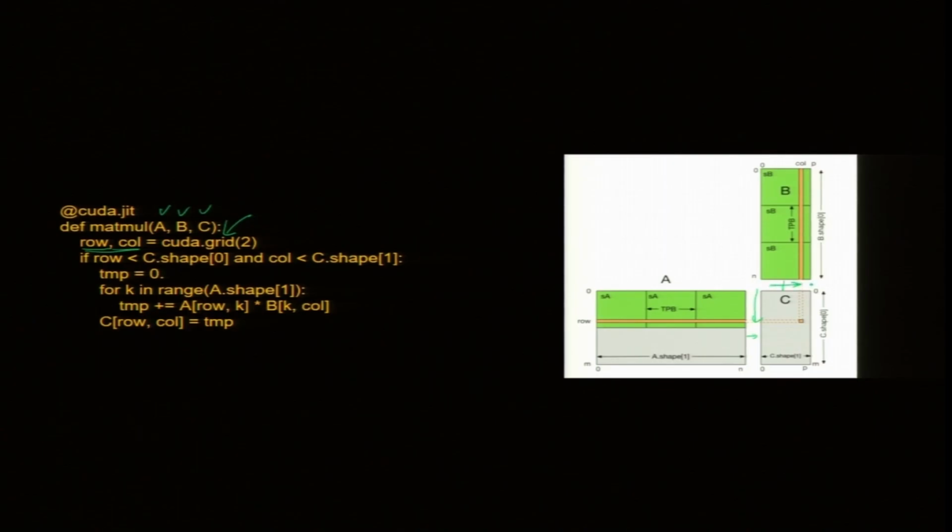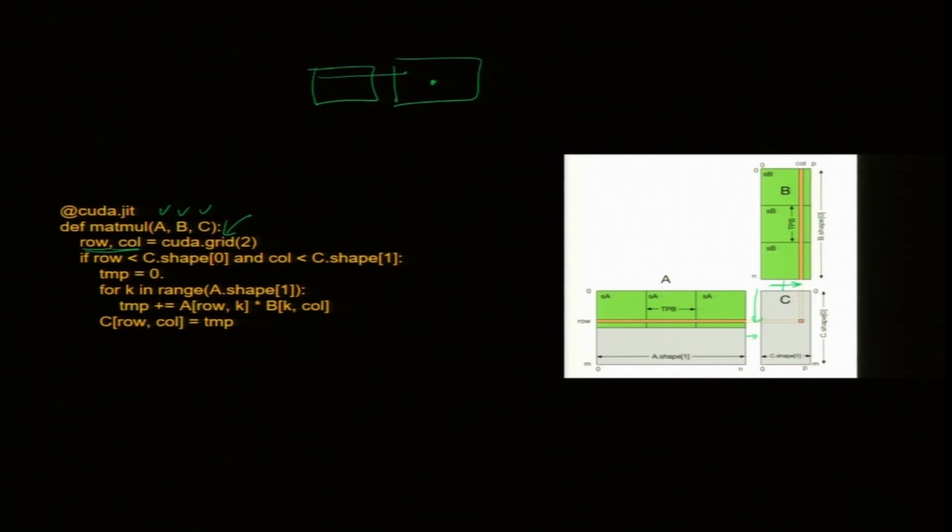In fact, given the grid and the block, I think I did cover how to get x and y. If you have two blocks and each block has threads, I can go to any position by a straightforward formula: block size multiplied by the block ID, the number of blocks before, plus thread ID, and we can do the same thing along the x direction. So anywhere I want, I can get the global position. So row and column are the global positions.